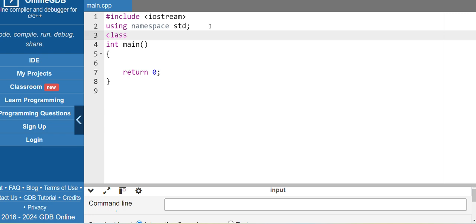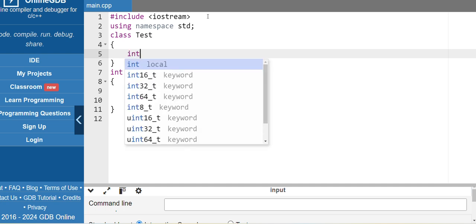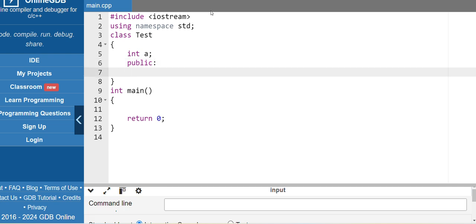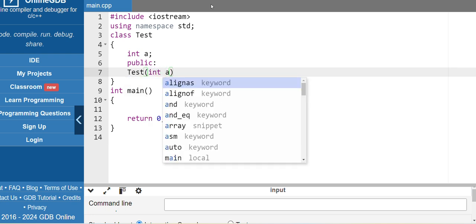Create a class test and declare a variable int a in the public section. Use a constructor test. Pass the variable with the same name,